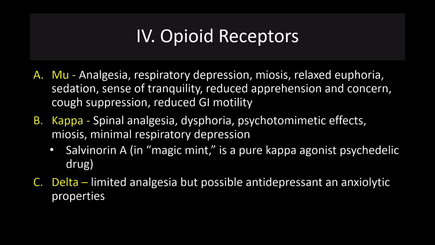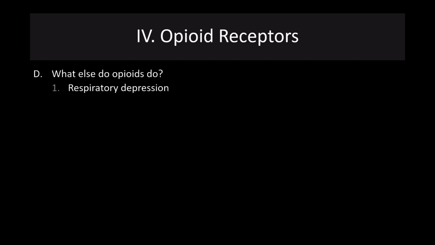The delta receptors have little analgesia, but possible antidepressant and anxiolytic properties, so possibly relieving anxiety and depression. But primarily we're going to talk about the mu receptor, because this is where all of the action is for most of the drugs we're going to talk about. So opioids, in addition to relieving pain, cause respiratory depression, and this is what kills people from an overdose,